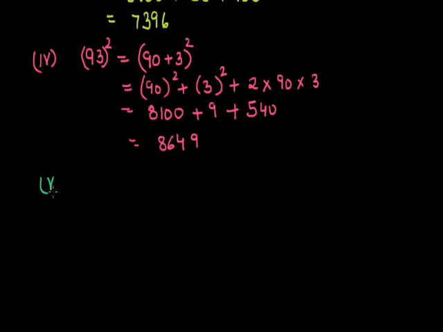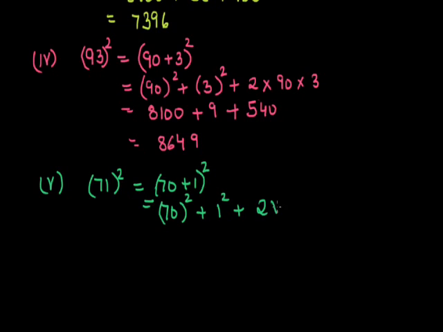Fifth part. In the fifth part, I have to find the square of 71. That is 71 square. I can write (70 plus 1) whole square. That is a square, 70 square, plus b square, that is 1 square, plus 2 into a into b, that is 2 into 70 into 1. I can write 70 square, that is 4900, plus 1 square, that is 1, plus 140. By adding these three, I will get the square of 71 as